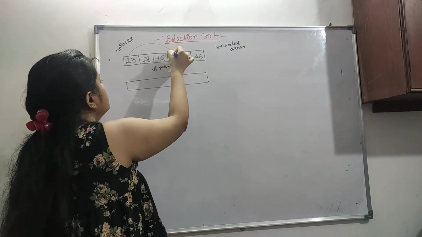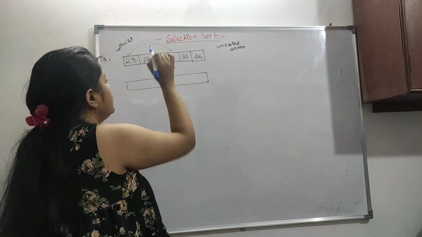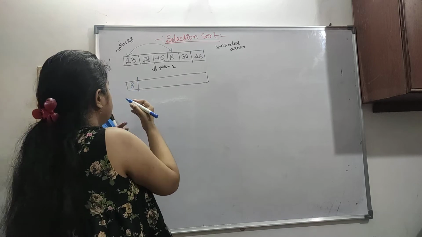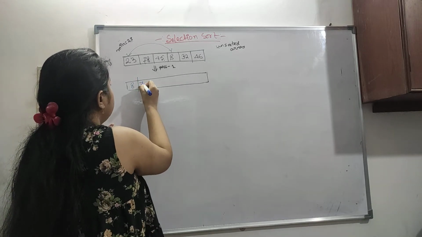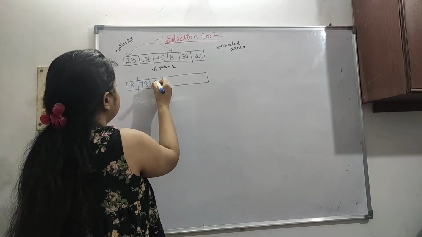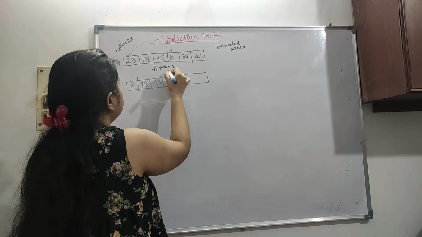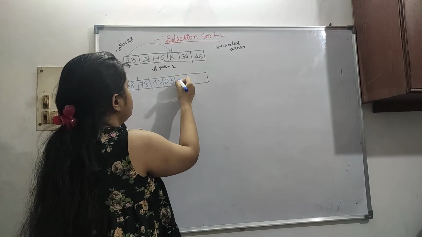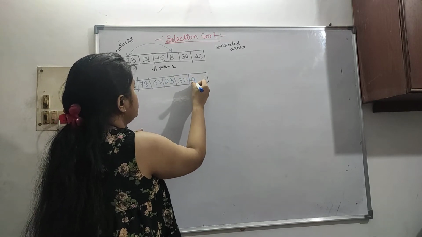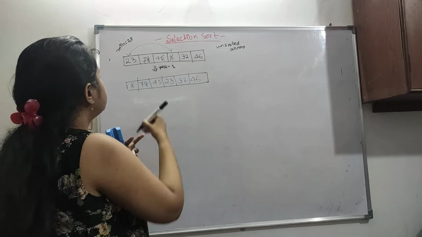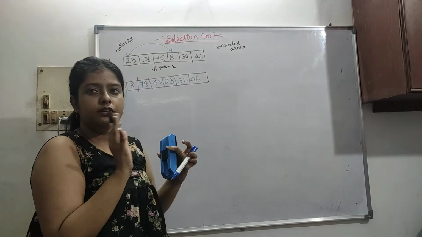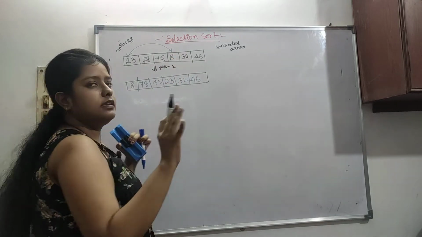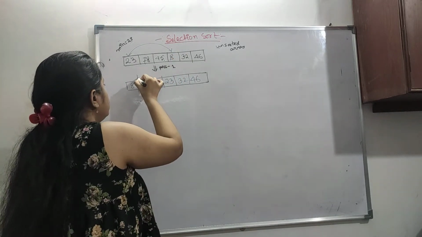So now we can see 8 is our minimum element. So these two will be swapped: 23 and 8. So 8 will come here and everything will remain intact: 78, 45. Then 23 will be placed where 8 was. So 23, then 32, then 46. Here you can see 23. Initially we took 23 as our minimum element just for the sake of it, but actually 8 is our minimum element. So 8 is positioned here.